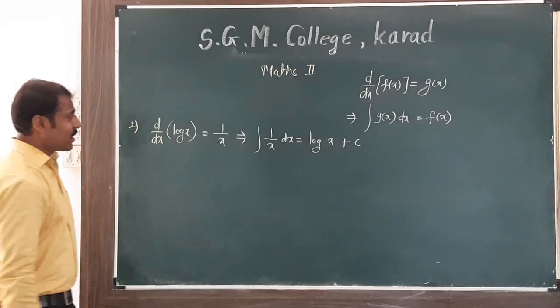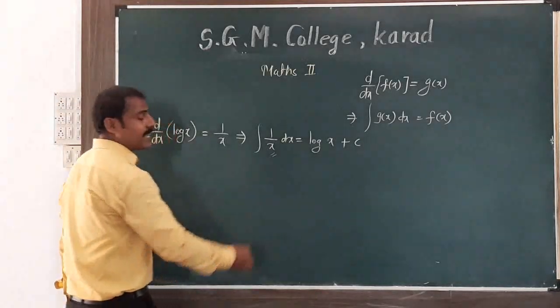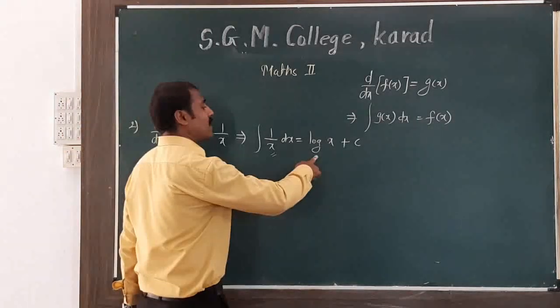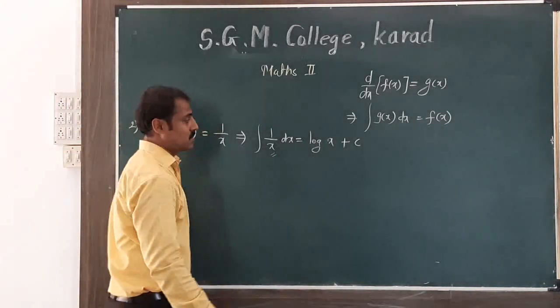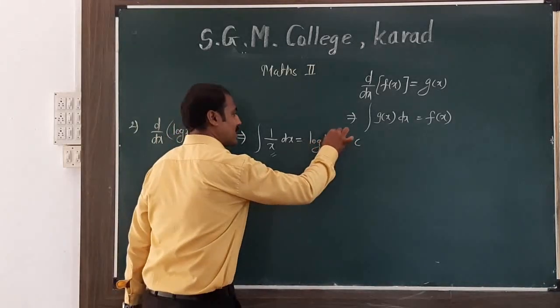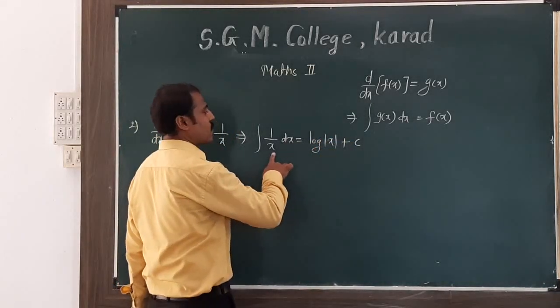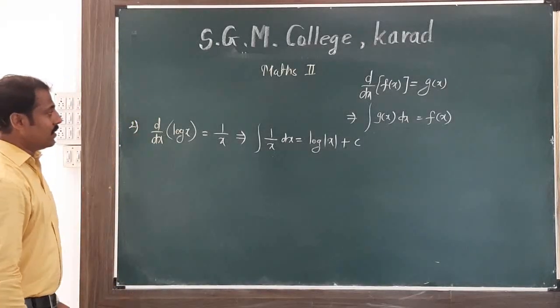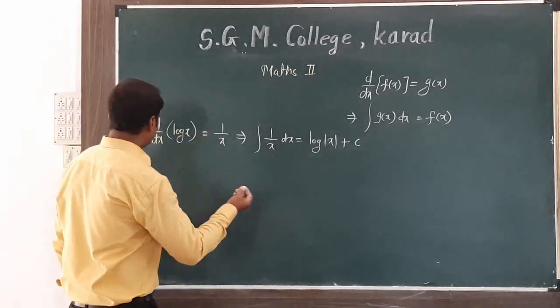Now here we don't know whether x is positive or negative, but we can define logarithms only of positive terms. So put a modulus sign there. So integration of 1 upon x dx is equal to log of mod x plus c. Okay. Next,